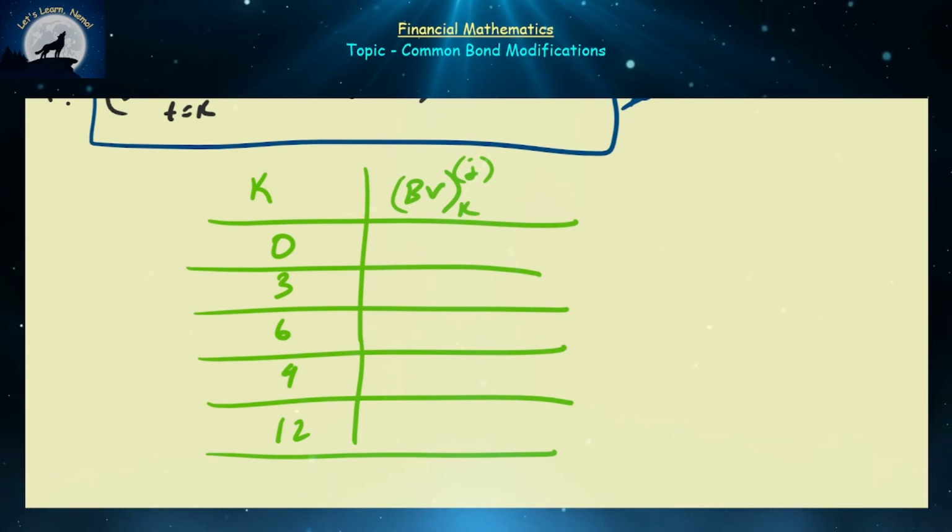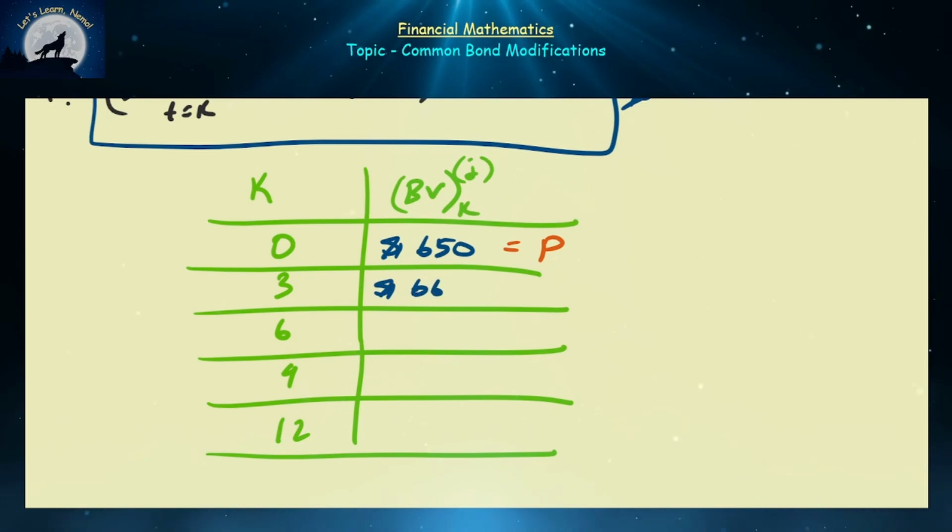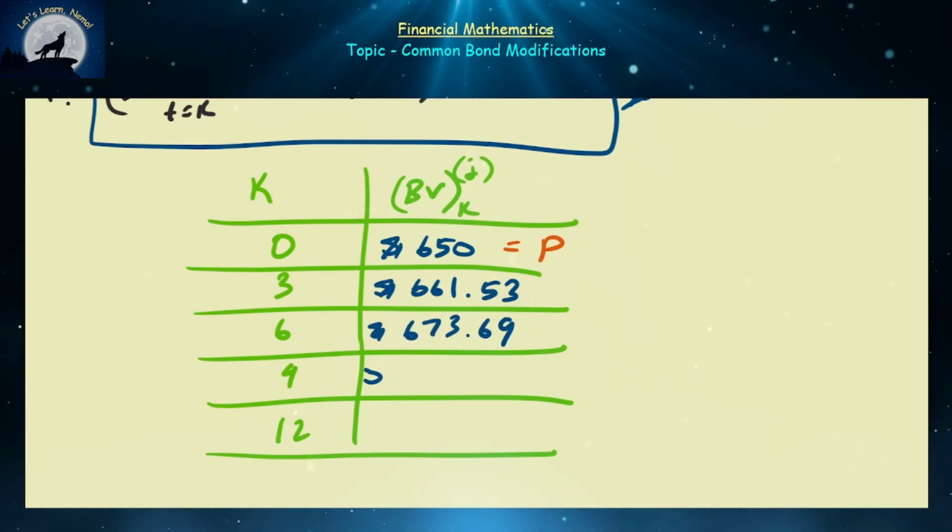So this is going to be equal to what? It's a par value bond, so it's going to be equal to 650, which, keep in mind, was just equal to P, the price we paid at time t equals 0. And as k increases, as time moves forward, is the value of BV going to increase or decrease? Well, you should know that this is going to increase. And if you don't, you can let the math guide your intuition. So 661.53, and then it's going to go up to 673.69, and then it's going to go up to